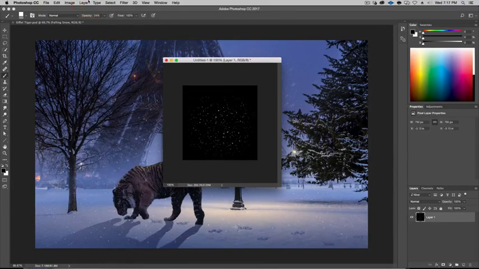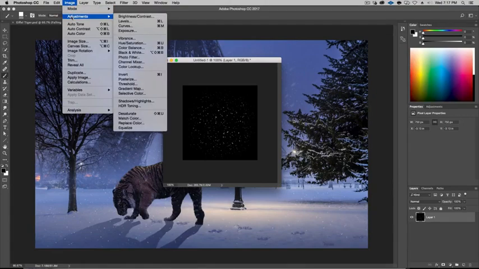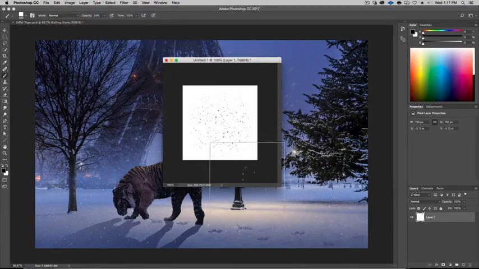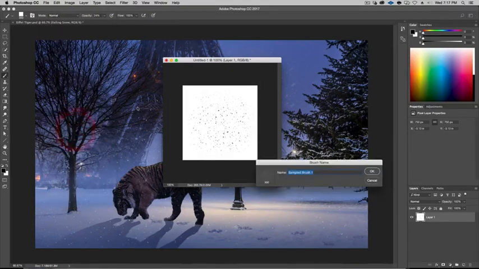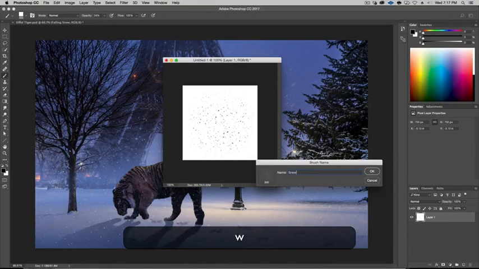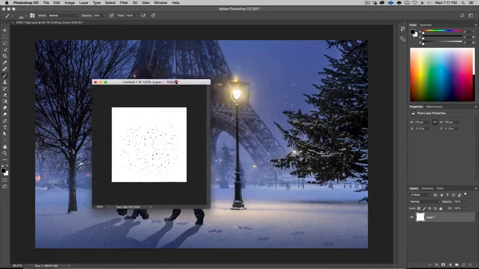And then here we're going to invert it, so image and invert. Okay, so now it's inverted, and do the same thing, define brush preset, snow. Okay, and now we have it without that square. It was inverted, it was negative.